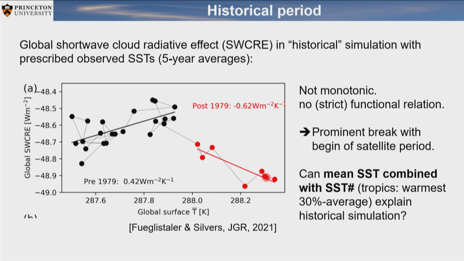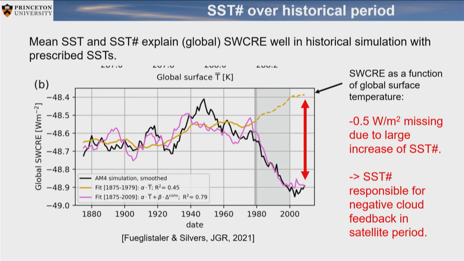So if something happens here, and if you think in our two modes, that would now basically mean that maybe this general decrease in shortwave radiative feedback would be a general warming signal, right? We sort of generally think models with a warmer surface temperature have less low clouds. In order to produce this, it could be the second mode, namely, if it's not only the mean, but we're also amplifying the difference between the warmest and the coldest. And lo and behold, this is actually what the model does.